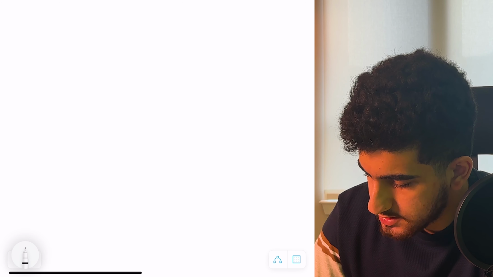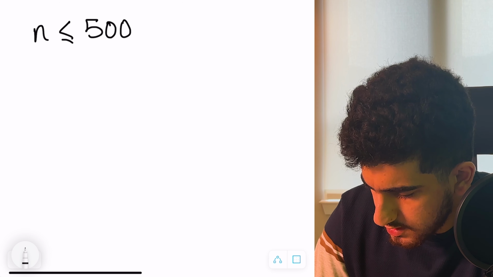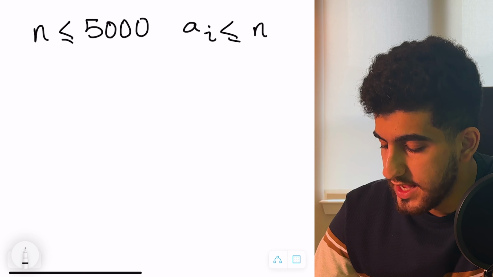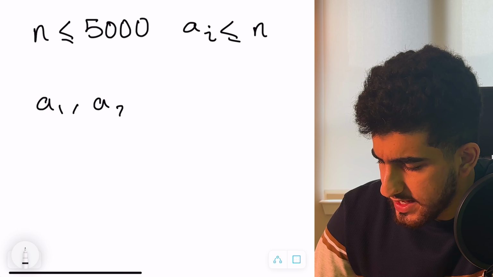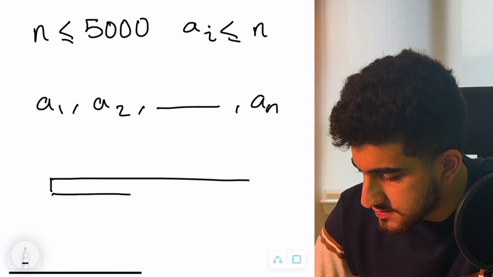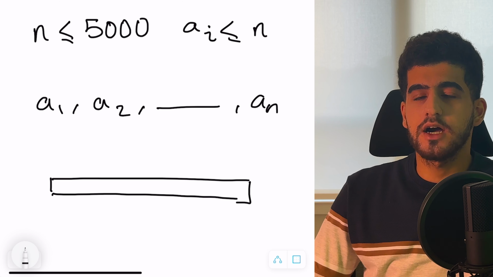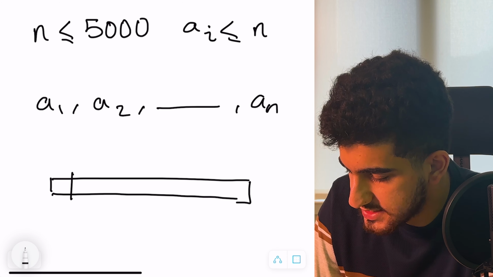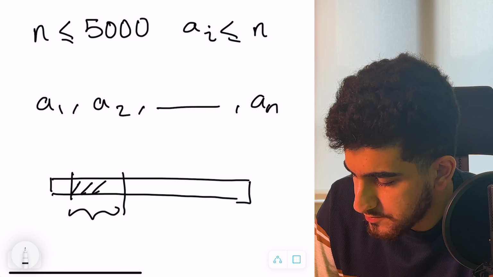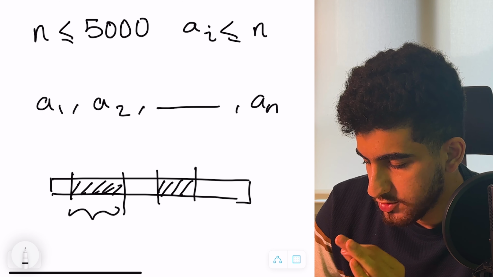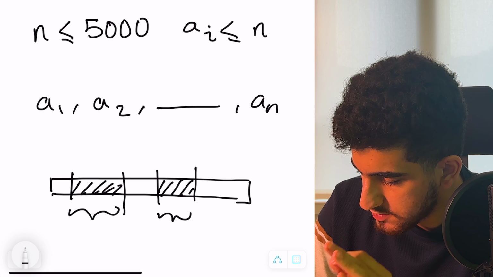So in this problem, you have an array of n elements. N is up to 5,000, and the A_i are up to n as well. So you have this array A1, A2 to AN. You want to choose several sub-arrays from this array. Each sub-array is a continuous interval of the array you have. So you want to choose several intervals of this array in a way that each element will be in at most one sub-array. So each of your elements should be in at most one of these sub-arrays,